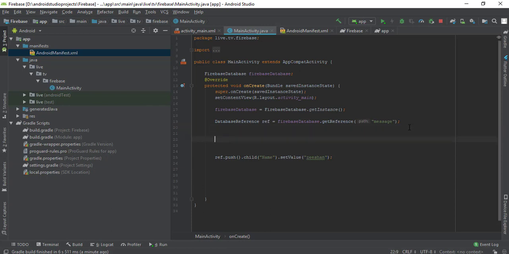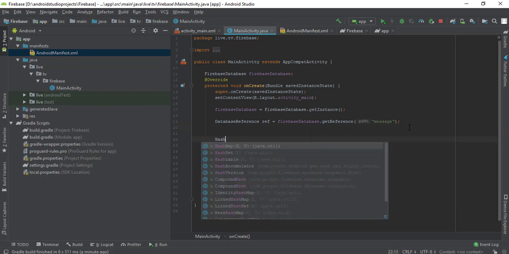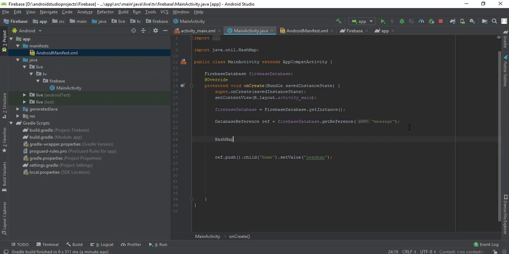For example, if I create a hash map here, it's going to be of type string, and the other thing I could have is any kind of object. So I'm going to create an object,